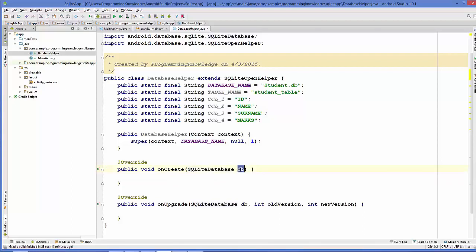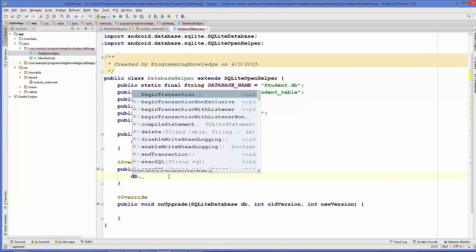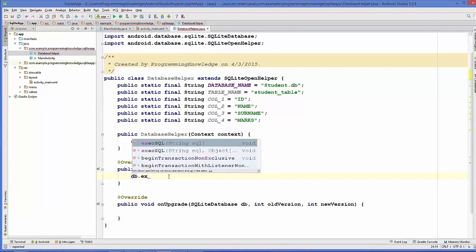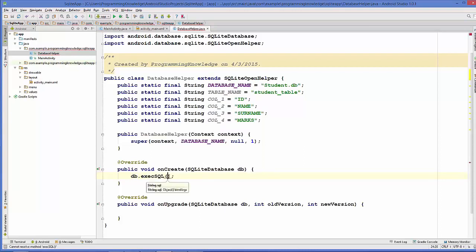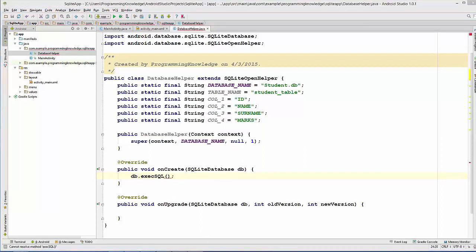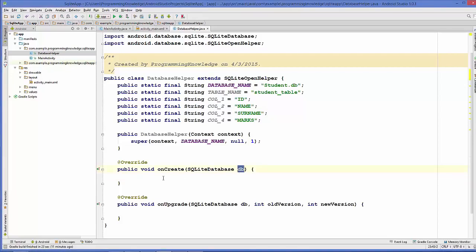So we can just take this db, which is a variable of SQLiteDatabase, and call a method on this instance db, called